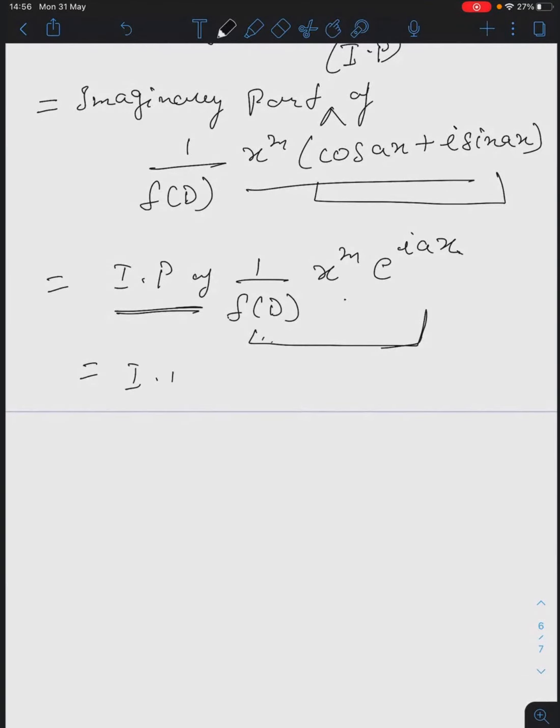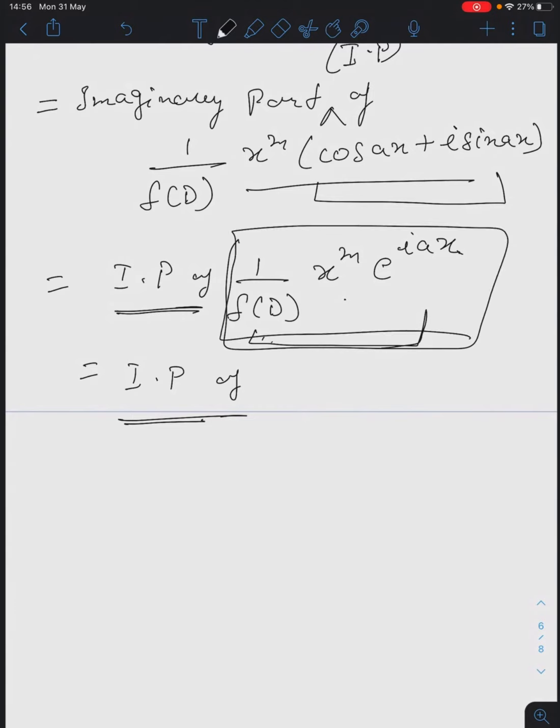Or let me write this thing as the imaginary part of, this is just a statement. Later on, after solving the whole of this thing, we will just consider the imaginary part of the solution. Understood? We will solve this one. So when you solve this, obviously you will have some complex thing in the form a plus i beta. But out of that, which part do you have to consider? Only the imaginary part. Okay? Is it clear? Clear. Yes, ma'am.